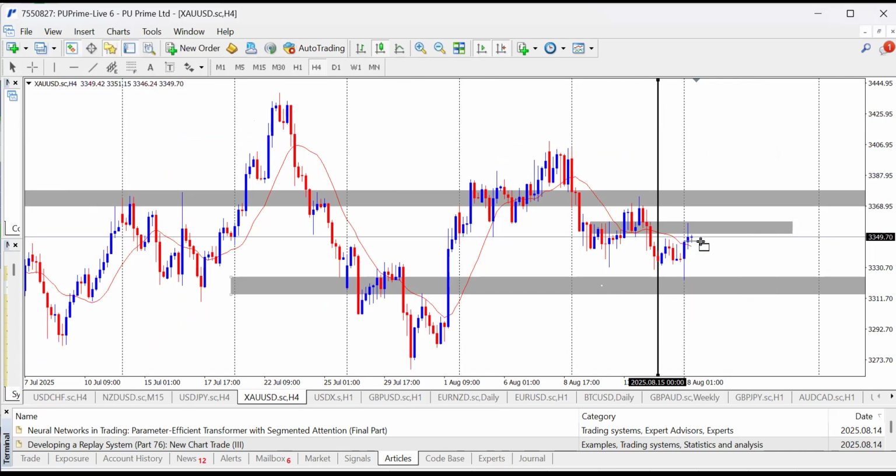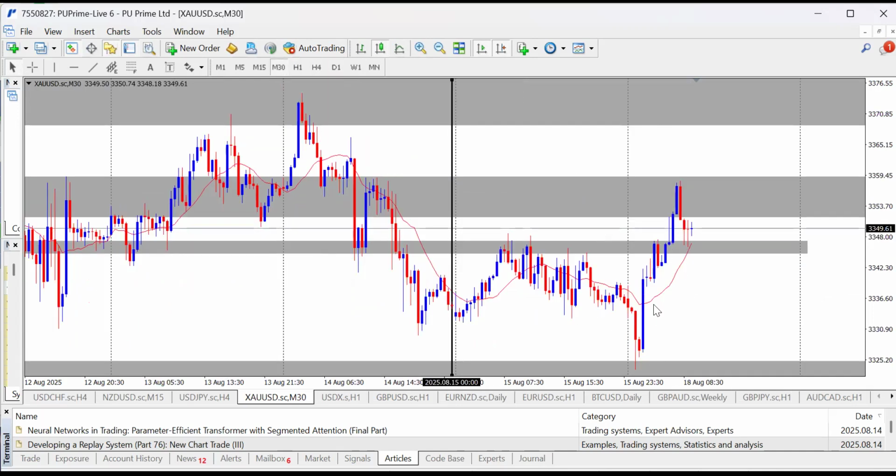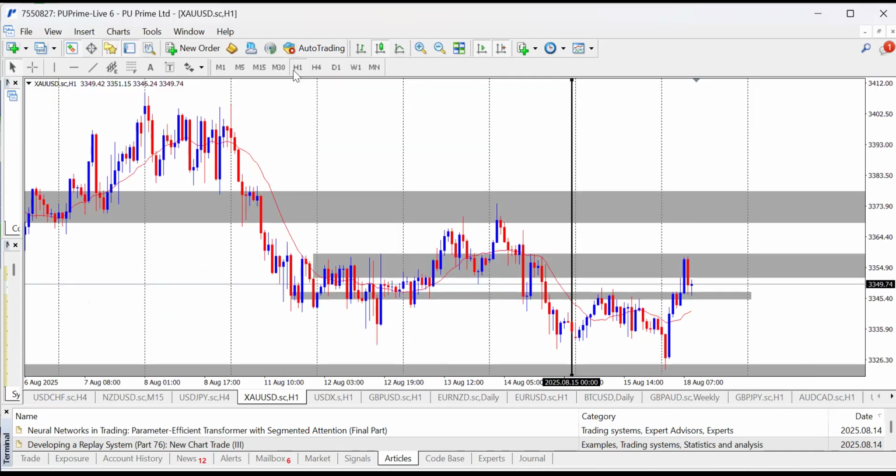This is 4 hours rejection. Okay, rejected this level. This gap is also closer to this gap. Can you see now that we are still going up? We are still going up because this move alone rejected twice at this support level and it's still above this. So I would say we could take a look at buying gold up to probably this high, or this resistance here. So 1 hour, which is the last area I like looking at.